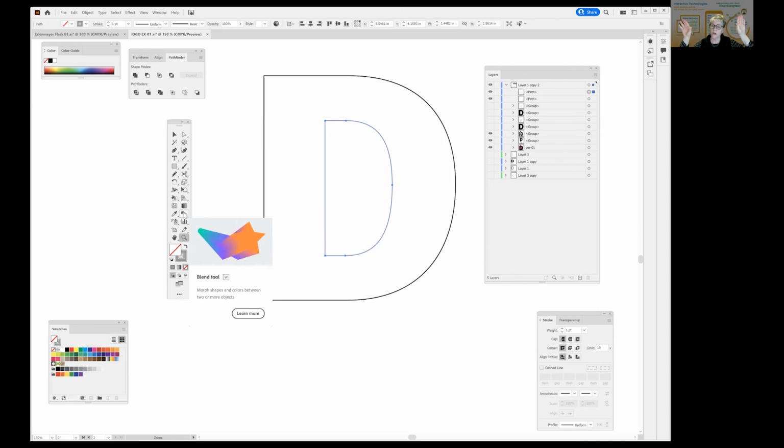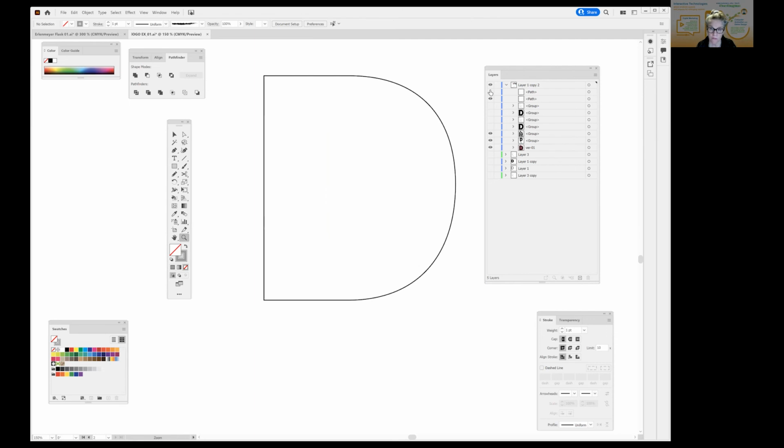So if I was doing a hand raising, right? This would be one keyframe and the other would be the other keyframe. And then all the other ones would be the ones in between. Well, that's what this does. This creates the in-betweens between the 2 keyframes. So this is one keyframe and this is one keyframe. And so you select them both. Well, first of all, let's double click this blend tool. So you roll over, it's called the blend tool. So you double click,